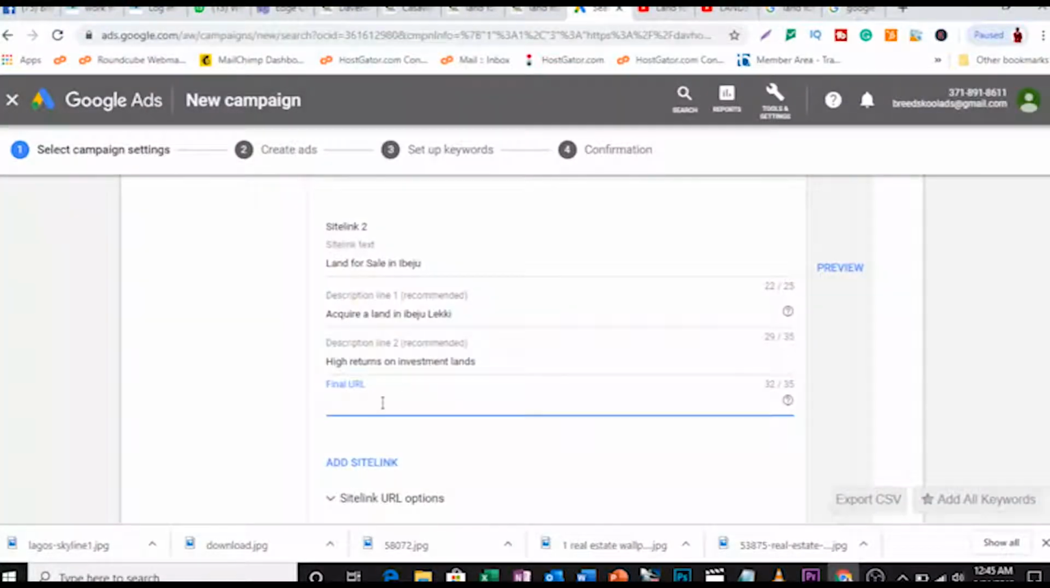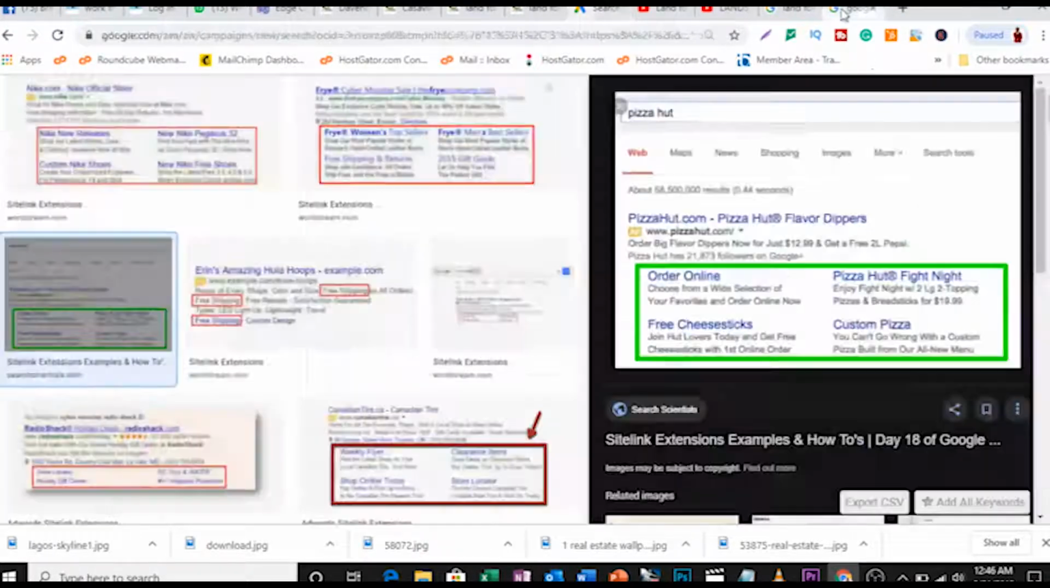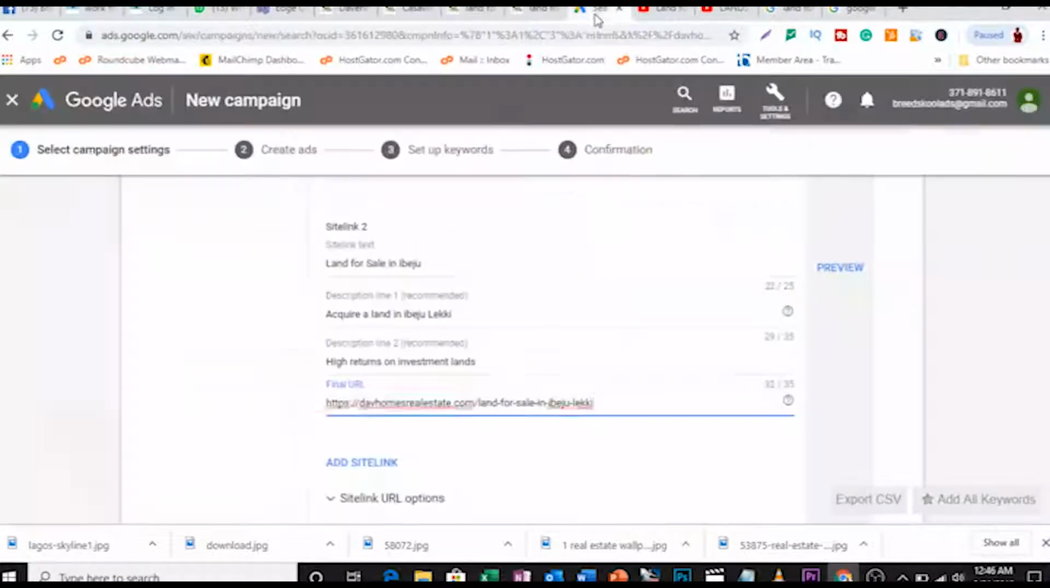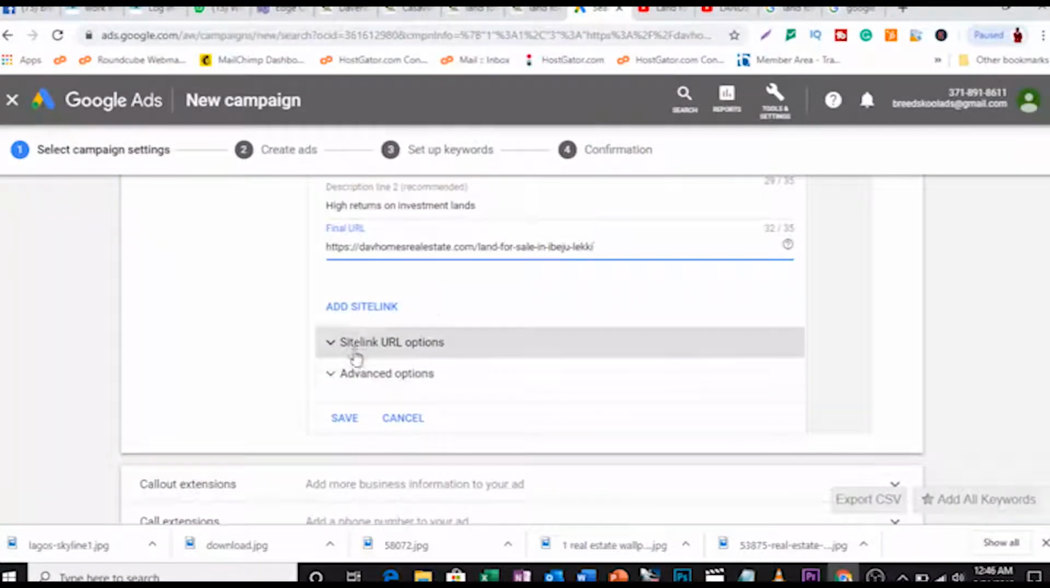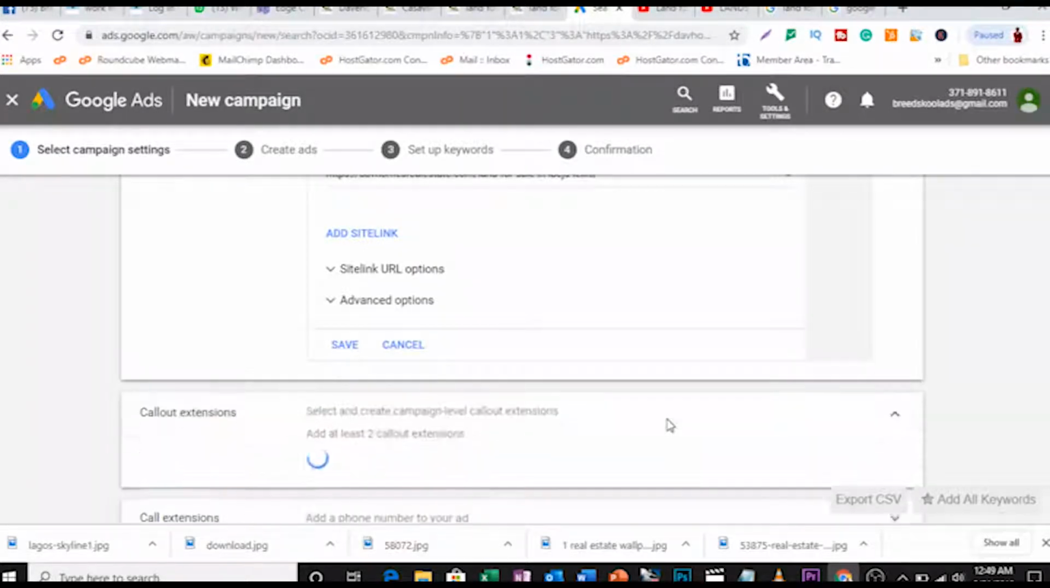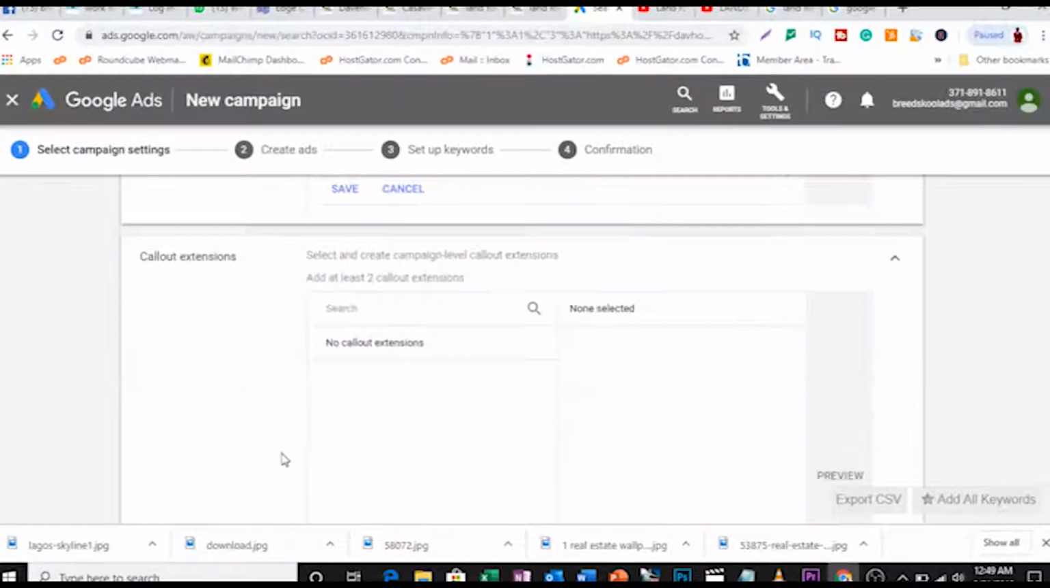Copy and paste. So we could have 4 site link extensions, just like I showed you. We could have 4, 1, 2, 3, 4. So we could add 2 more. I'm not sure what we're going to add this time. Right now, we could save. You can see here, add more business informations. Like here, we could put call out extensions like phone number,